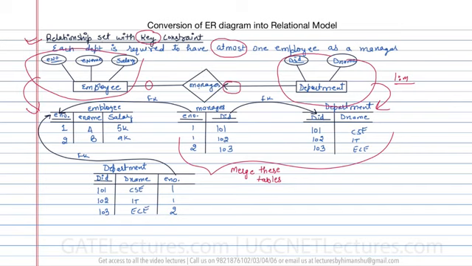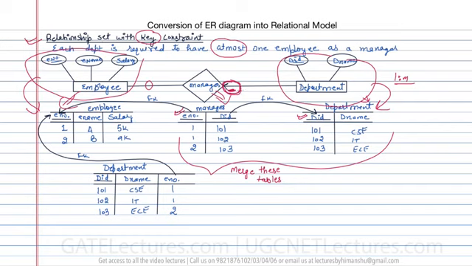So if it is not having any attribute, then what we generally do is we create a table for this employee, we create a table for this department, and we create a table for this relationship. But because it is not having any attribute, there's no benefit of creating this table like this. So what we do is we combine this relationship table with this department entity table, because here you can see what is the maximum cardinality of department, that is 1.